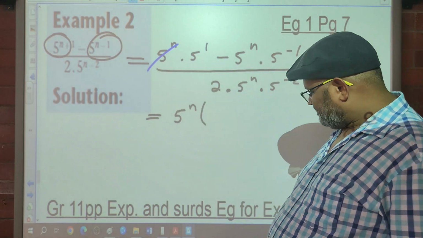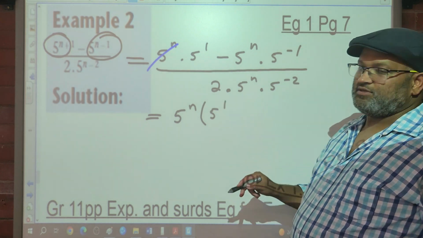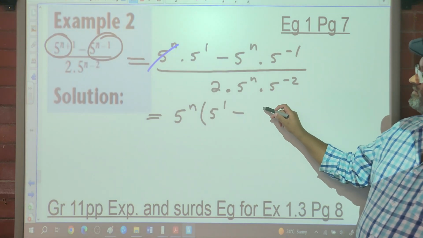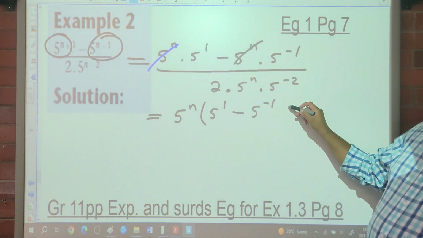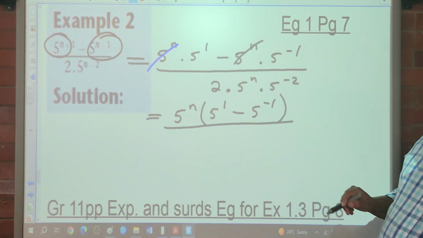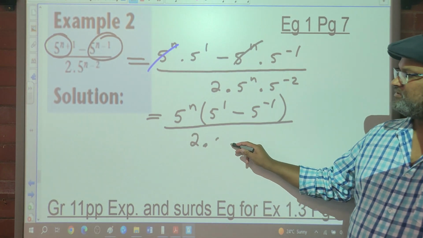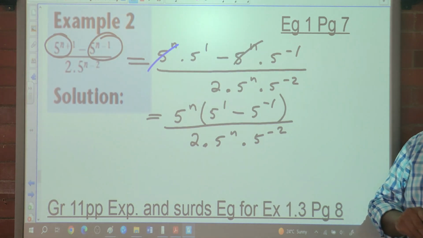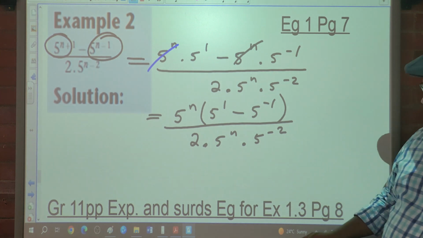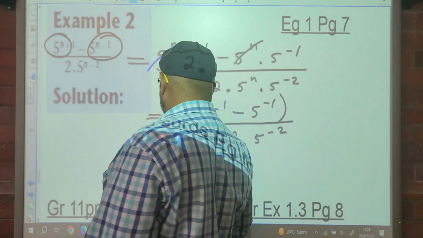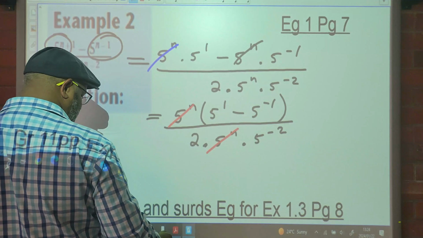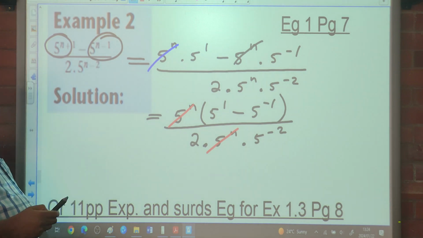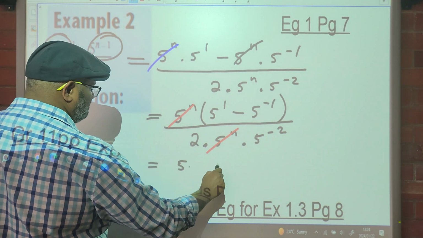You take out 5 to the n, what are we left with? 5 to the 1, minus 5 to the negative 1. And this is all over 2 times 5 to the n times 5 to the n. Now what? You cancel 5 to the n. Okay. So 5 to the minus 1 is what? 1 over 5. So it's 5 minus 1 over 5